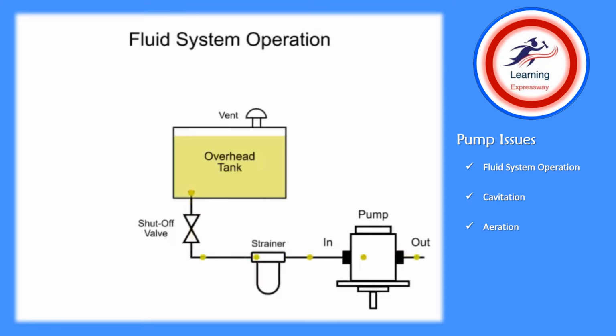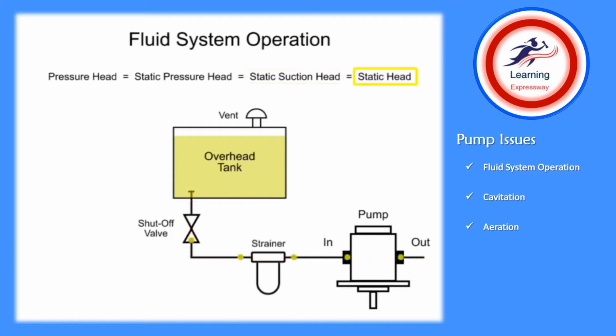The placement of fluid system components in relation to each other is critical to successful operation of the system. Fluid naturally flows from areas of high pressure to areas of low pressure. Pumps operate by creating low pressure at the inlet, which allows liquid to be pushed into the pump by atmospheric or pressure head. Pressure head, also called static pressure head, static suction head, or static head, is created when the